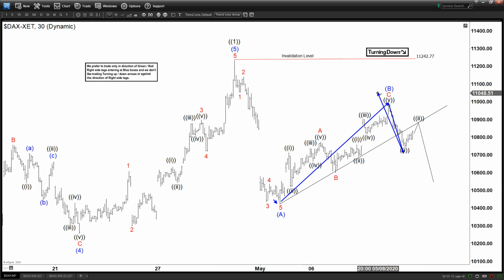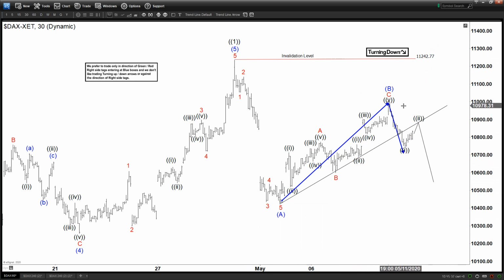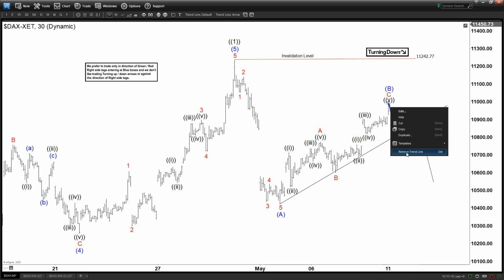However, if it does break above here, the Y, if the Y is equal to the W, then technically it may even break above this one, because then that should extend higher to the 100% extension, right? So ideally at this point in the shorter cycle, the DAX should not break above this again, because if it does break above that again, we might have something else happening in the indices. All right, but for now,